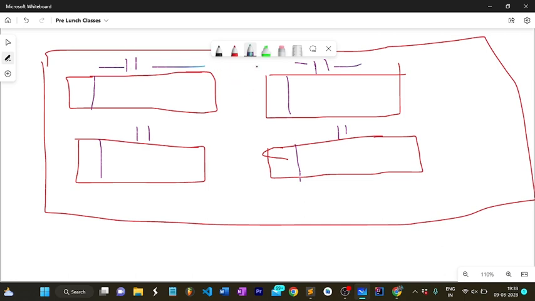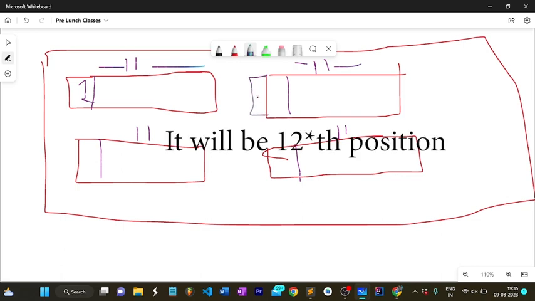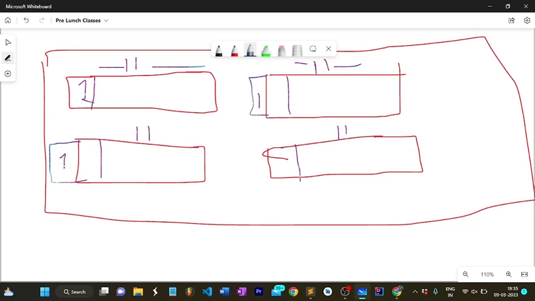So I have left the 11 bits of all the numbers. Let me construct the 2 cross 2 matrix by the process which I have thought. Suppose I am putting a set bit on the 12th position of the first number, and similarly on the 12th position of the second number, and in this one I am putting the set bit on the 13th position, 11, 12, 13. So this is the 13th position, and similarly I am putting a set bit on the 13th position of the fourth number also.